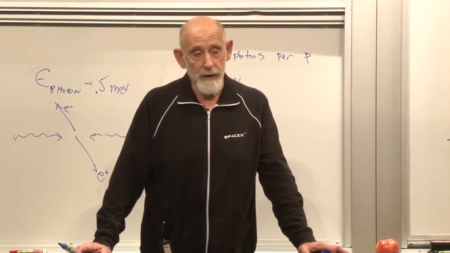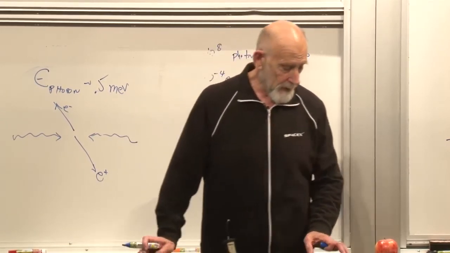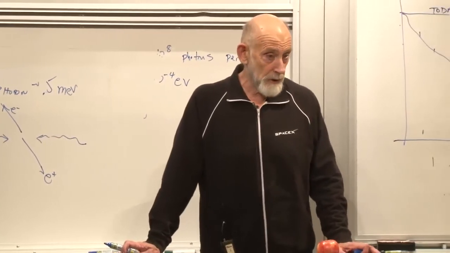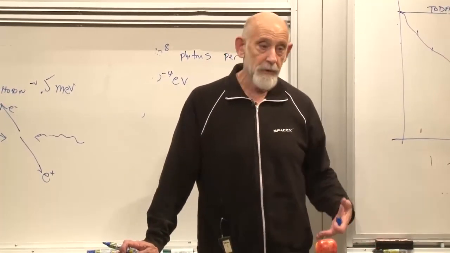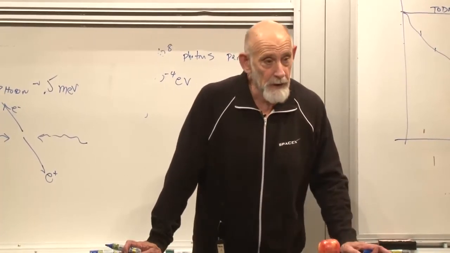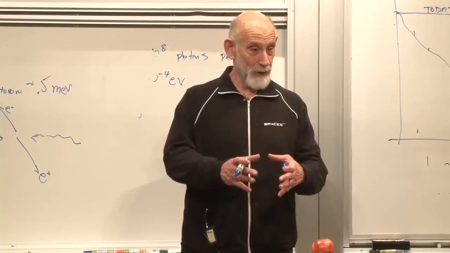Nobody has ever seen an anti-nucleus come in cosmic rays. There are a few antiprotons that come in, but that's easy to explain. If a high-energy particle comes in and hits the atmosphere, it will make some antiprotons, but the chances of it making an anti-nucleus, a whole helium nucleus,